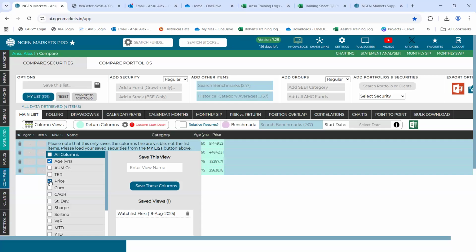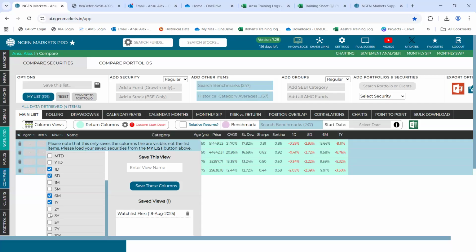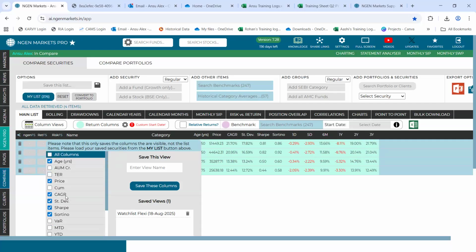So I would be going to this price, which happens to be the levels of these indices specifically, followed by CAGR, standard deviation, Sharpe, Sortino, and certain returns columns is what I would be selecting. Let's say 1 day, 5 day, 6 month, 1 year, 2 year, and 3 year. So these are the columns that I specifically want while I am doing research or analysis in this compare section main list, specifically on indices.